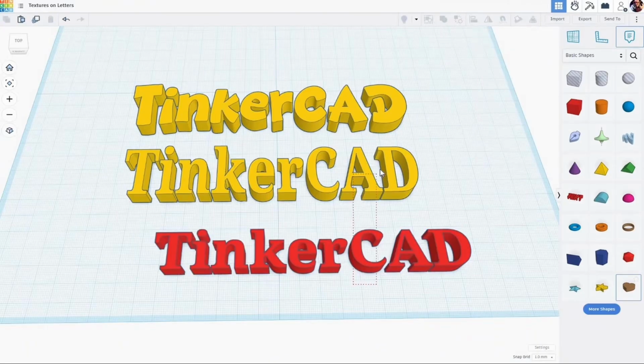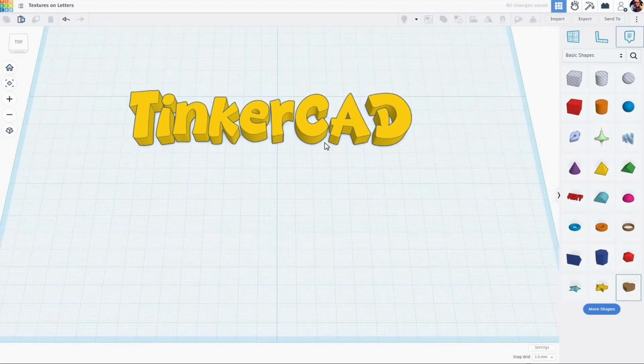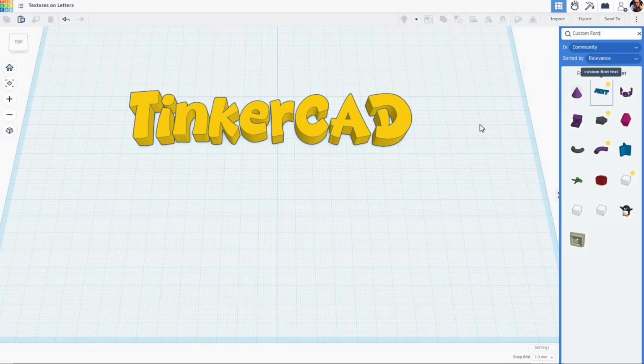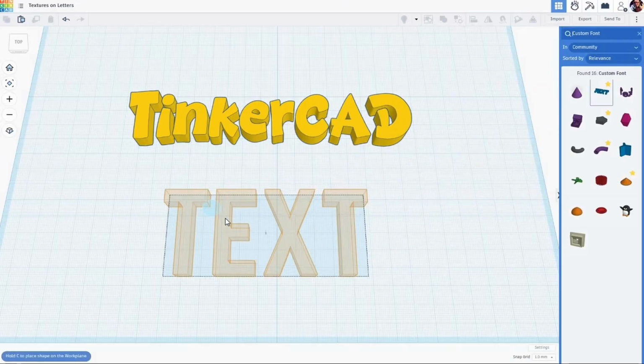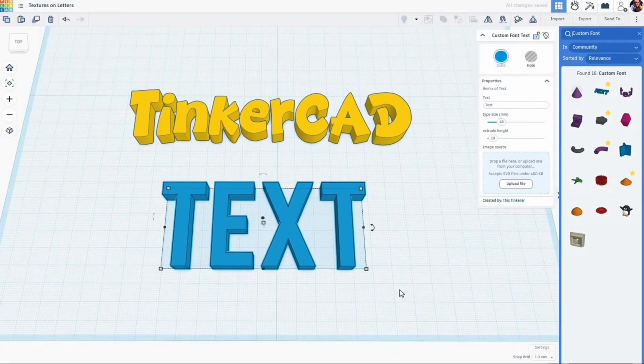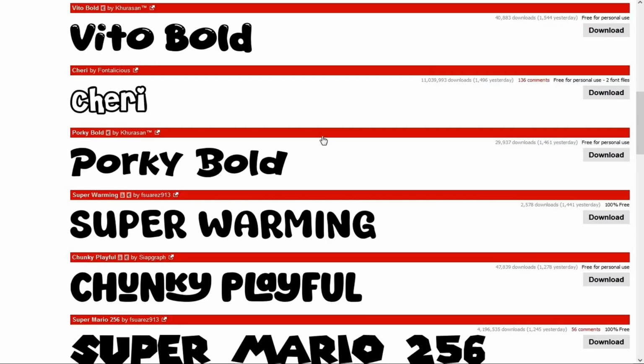So let's get rid of these two, and let me show you how to do something that's done in more of a custom font. So if we come over here to the search, and we type up here in the search bar, custom font, there's a shape generator right here, this one in blue, custom font text, that we can bring out, and we can go and pick our own custom fonts. Now the way I normally do this, I come to this site here. It's called